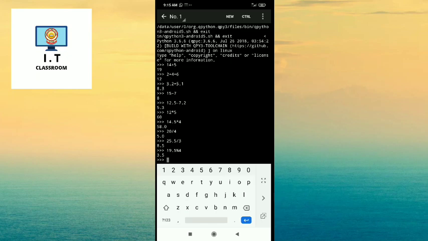Next type of operator which we use in Python, it is division operator. The division symbol is used to find the quotient when a number is divided by another number. For this also you have to type the following command and press enter key after typing each command. The quotient in each case will be displayed in the next line like this.